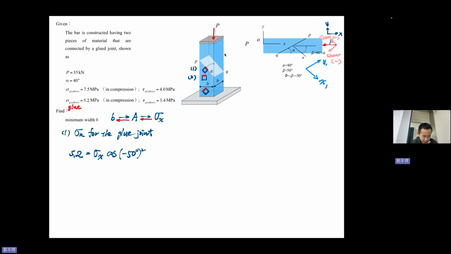Okay, so need to be really careful. So now, of course, it makes this one minus 5.2. Okay, so sigma x equal to minus 12.6 megapascal. So, which means that if your sigma x is greater than, more negative than 12,